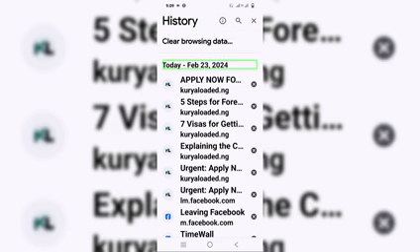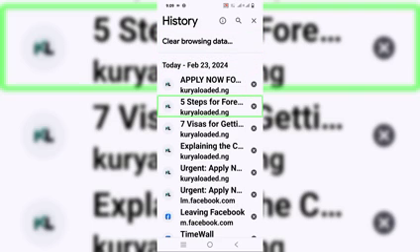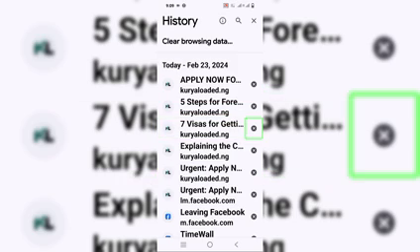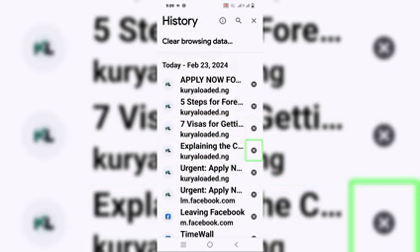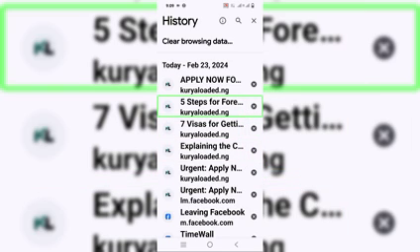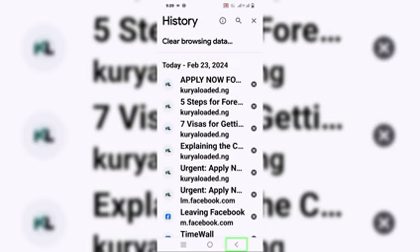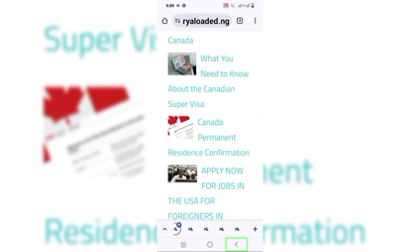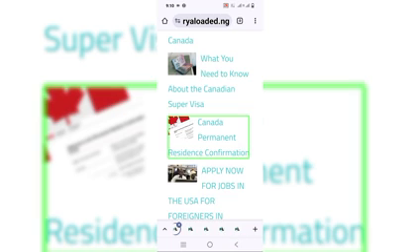You can see my history. 1, 2, 3, 4, 5, 1, 2, 3, 4. So apart from the landing page, I realized that I only opened 4 instead of 5. The 5th one didn't open, so I'll have to